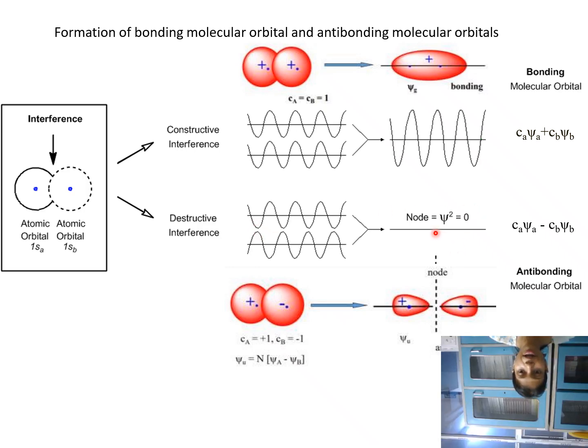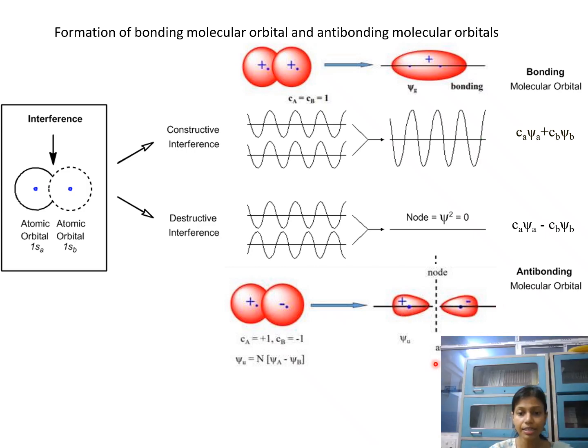Therefore there will be formation of a node. There will be no electron density, right? So one node will form. Node means there is no electron density. So one node will form between these two. Okay, and this will be called an anti-bonding molecular orbital, and it is psi A minus psi B. Okay, I hope you understood